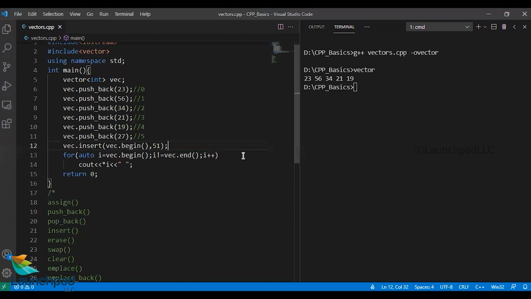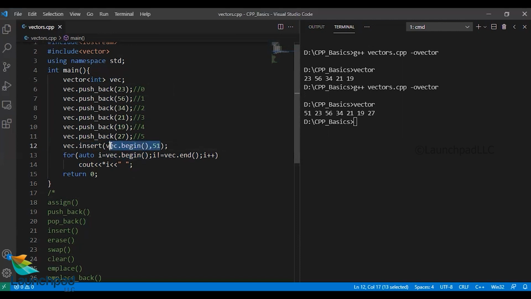Let us see what output we get here. Let us compile it. Run this again. So you can see the first element is 51 because the iterator I have provided is nothing but the beginning iterator, the vec begin iterator. Okay, now that is all about inserting.